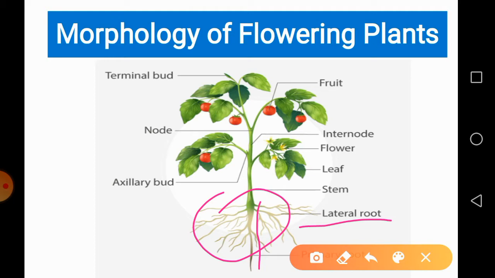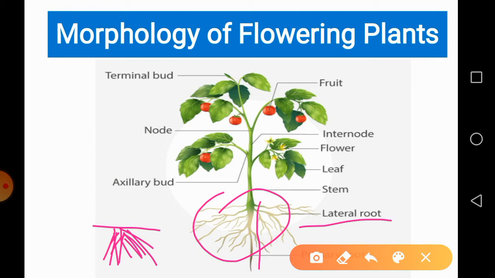The second one is the fibrous root system, which you can observe in monocotyledonous plants, where roots develop from a thin and moderately branching primary root. Here also we have a primary root, but its growth is not very long, so the primary root cannot go deep into the soil. Several roots arise from this one point of the primary root, and such a root system is called a fibrous root system.